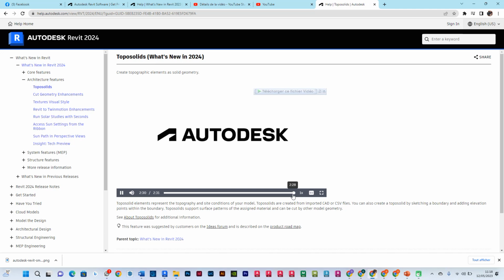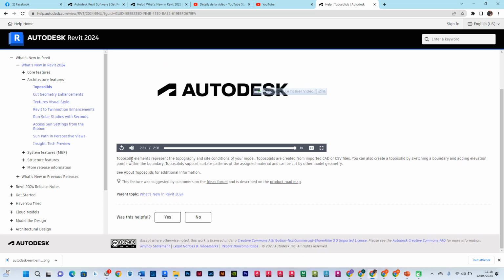So like you can see that after I put this link in my video, you can see all the things here. The topo solid element represents the topographic and site condition of your model. Topo solids are created from imported CAD or CSV files. So you can import from Illustrator, from AutoCAD, from all those software that can import CAD or CSV